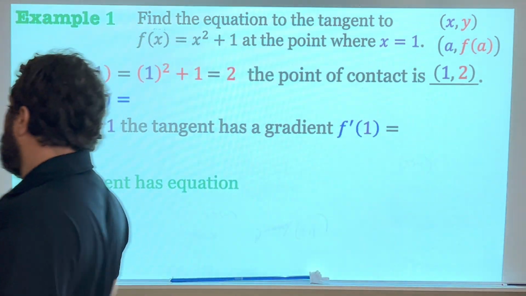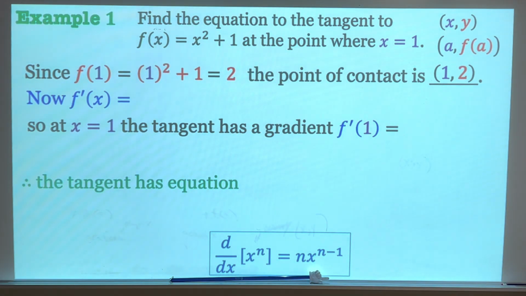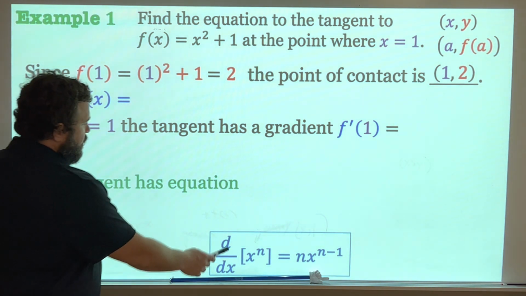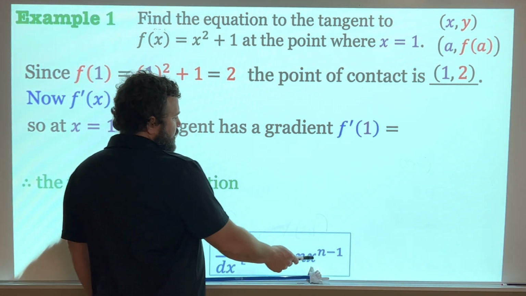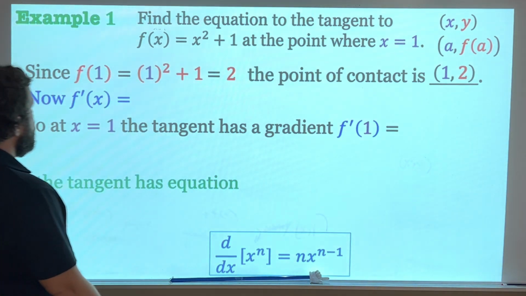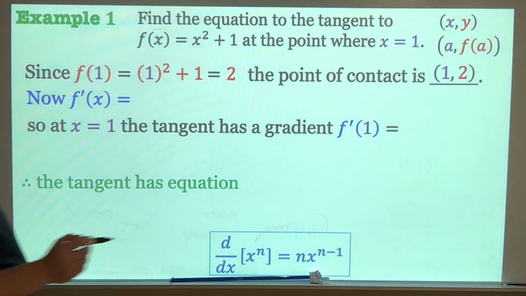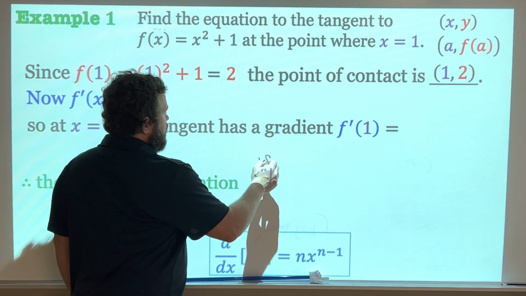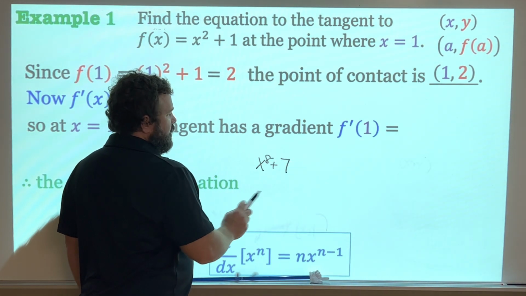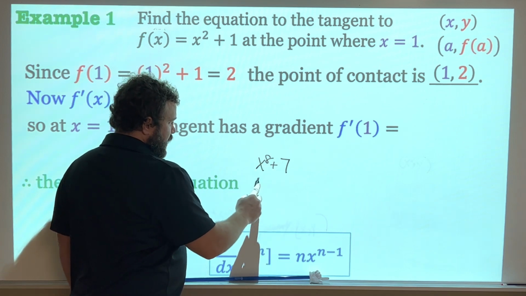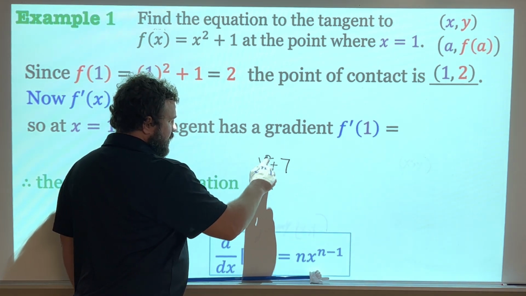We need to be using our power rule. Remember the power rule? The derivative of x to the n equals n times x to the n minus 1. So, an example of this would be, say I wanted to find the derivative of x to the 8th plus 7. My n would be 8, so it would be 8x to the 8 minus 1,